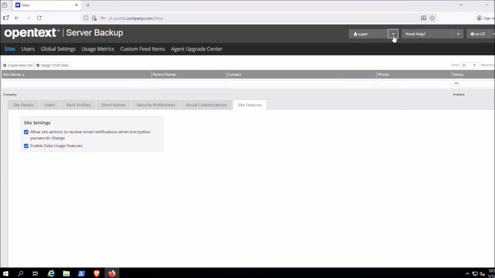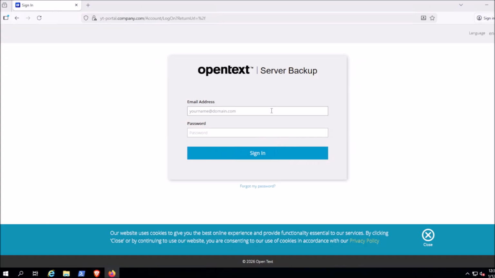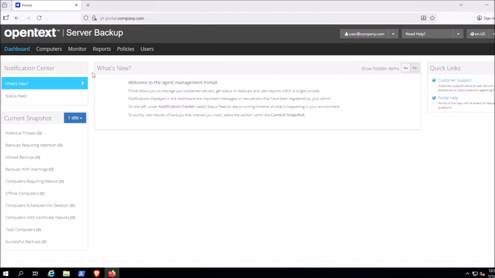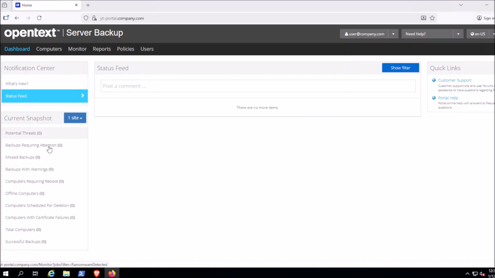So for now, I'm just going to log out of the super account. And we have user@company.com. And now that we're logged in with this user, you can see we have a little bit different of a view here. This what's new center area can be customized for a particular portal instance. For example, I know there are some where they'll put the downloads for the latest agent version as a direct link here. And we also have some notification information for the what's new, the status feed, and all of these sections on the left here